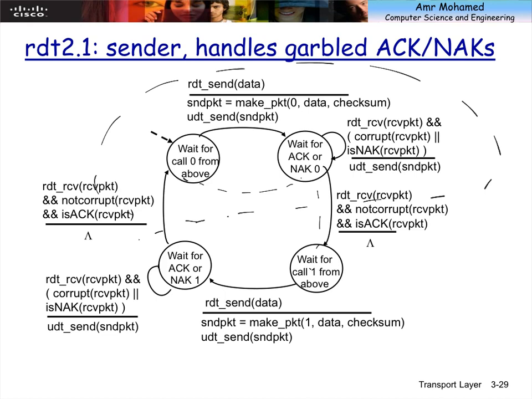But this acknowledgement arrived in error at the sender. It flipped. Yeah, some of the bits have flipped. So for some reason, the sender did not figure out that the acknowledgement that I sent is acknowledgement or negative acknowledgement. It's corrupted. So what does the sender do now?